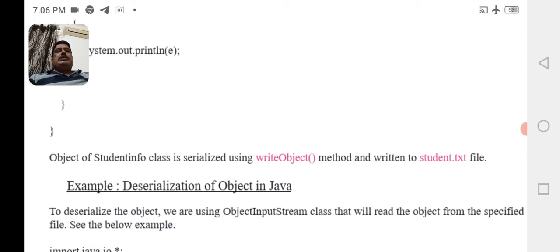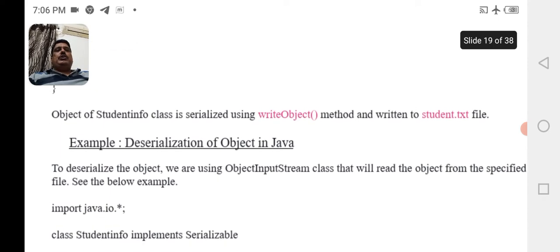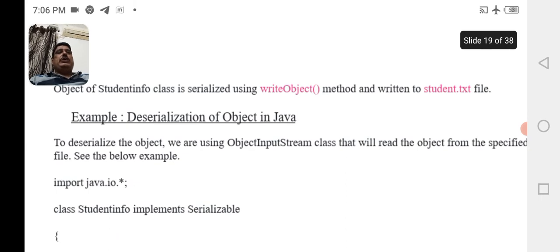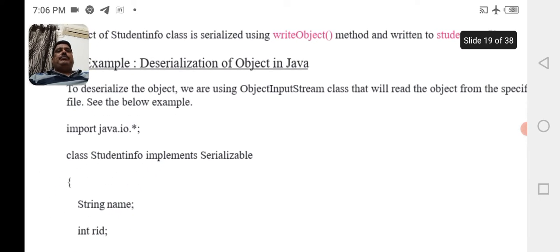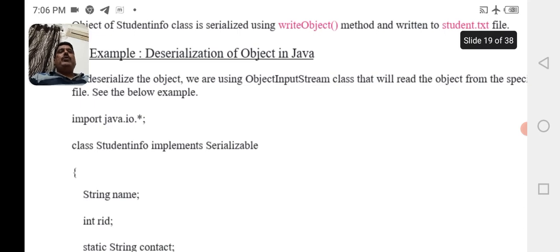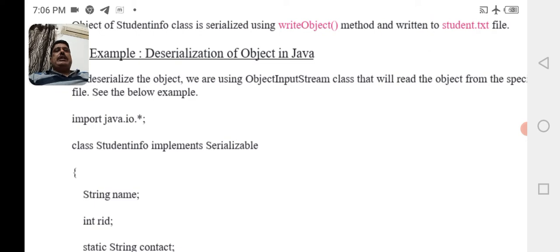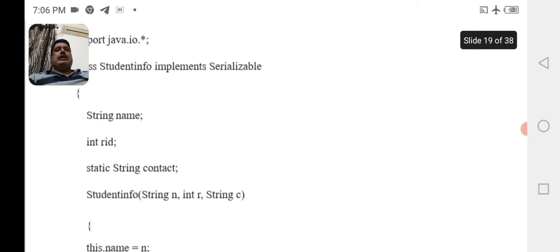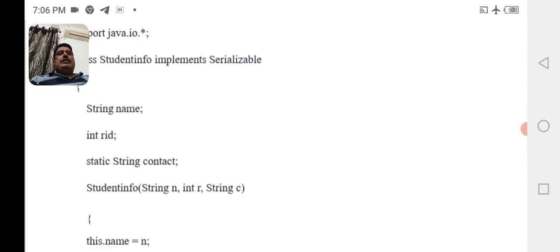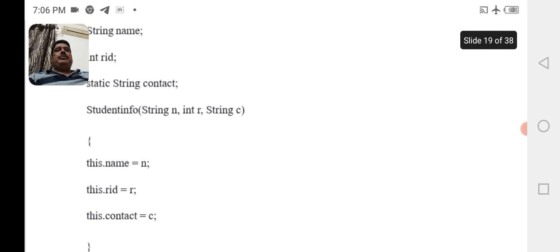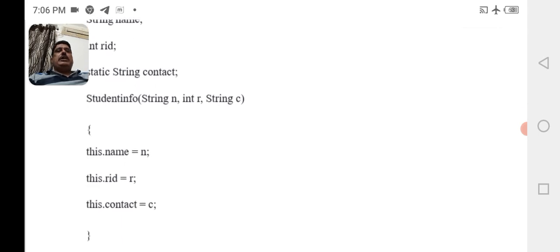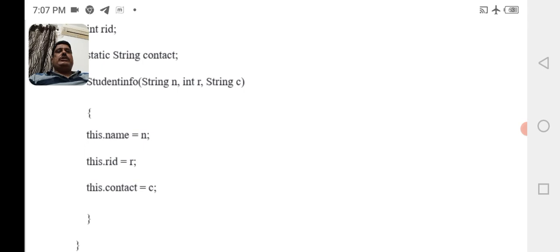Now let us discuss the deserialization of an object. To deserialize the object, we are using the ObjectInputStream class that will read the object from the specified file. Let us see the below example. Import java.io.*; class StudentInfo implements Serializable { String name; Integer rid; static String contact; StudentInfo(String n, Integer r, String c) { this.name = n; this.rid = r; this.contact = c;